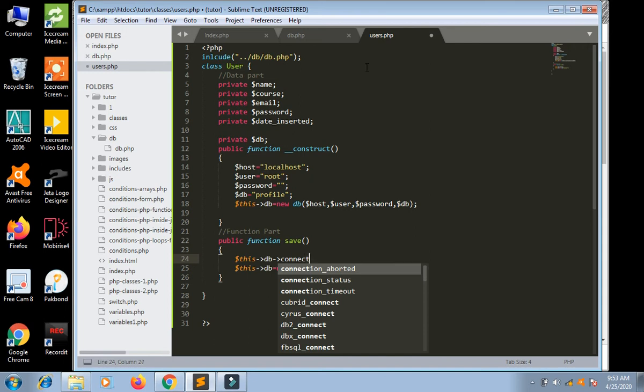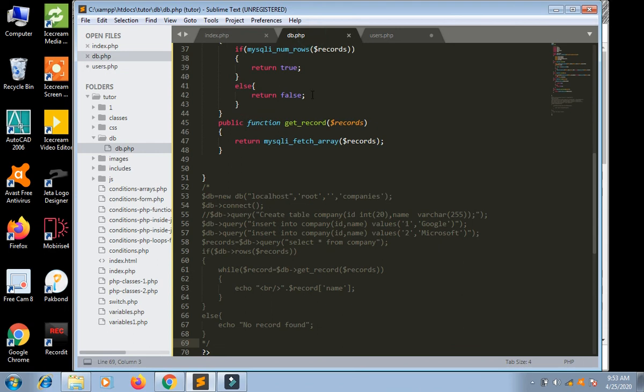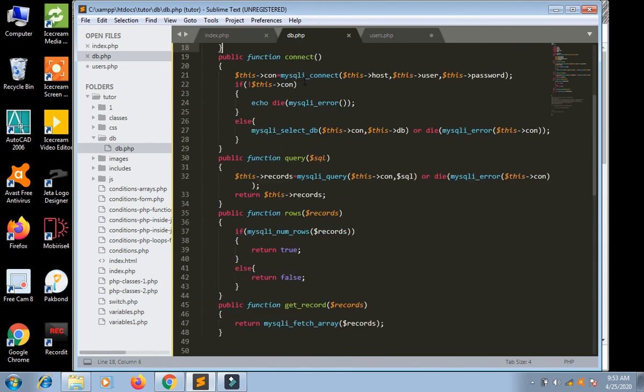We have the connect function. This is the connect function, and there is no argument.